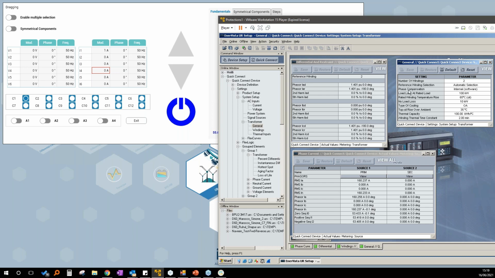The parameter is phase compensation internal. Internal means the relay is applying the compensation. If I change this to phase compensation external, in the next slides it will be more clear what it means, but at the moment it must be enough for you that this disables all the compensations.